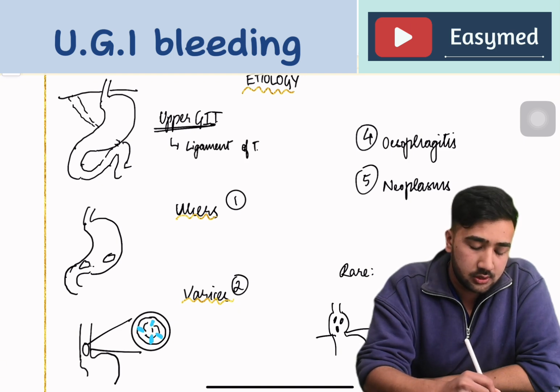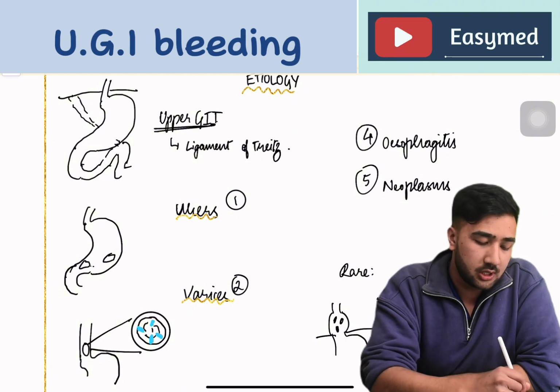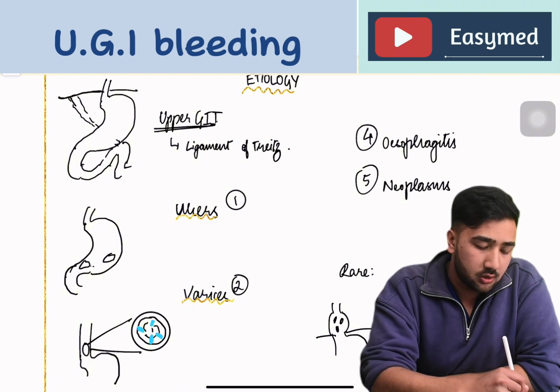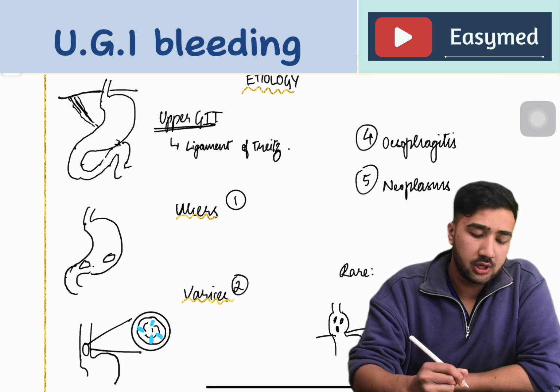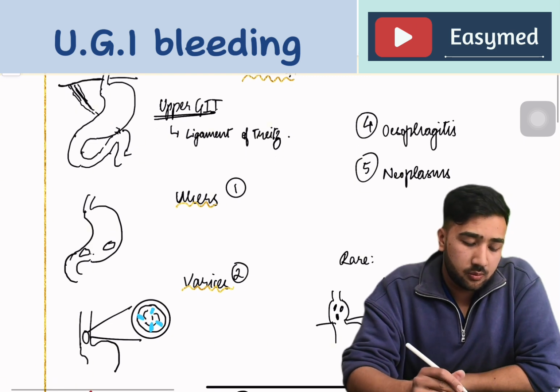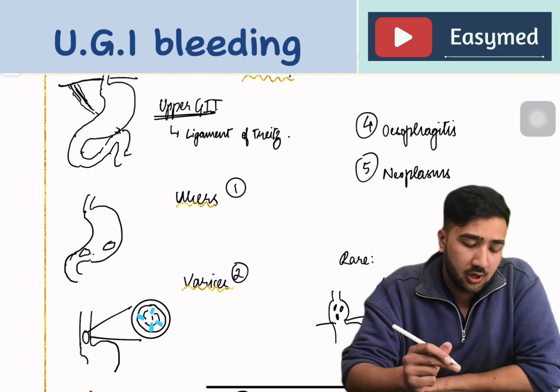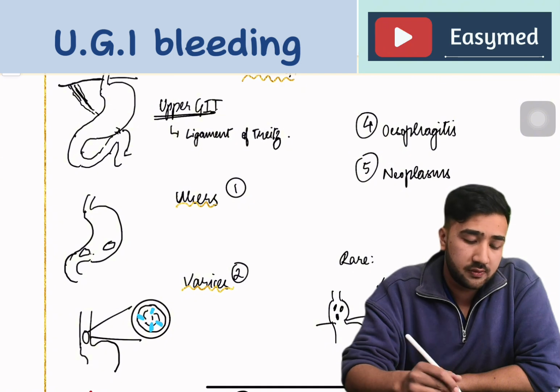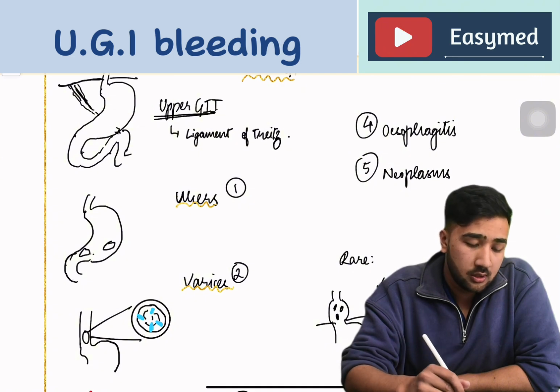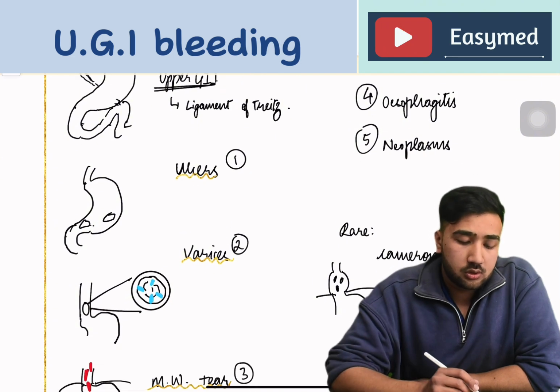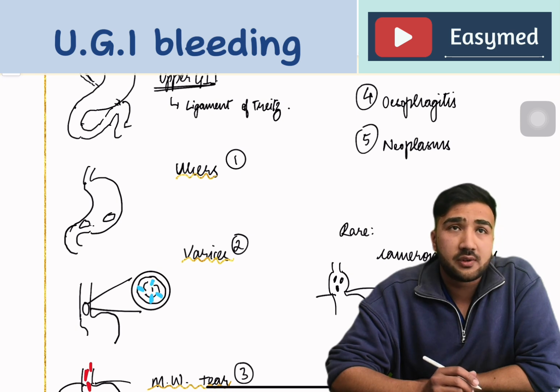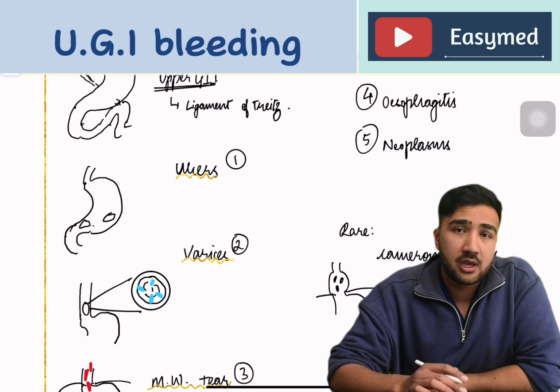Ligament of Treitz चाहिँ नि हाम्रो duodenojejunal flexure देखि हाम्रो right crus of the diaphragm लाई join गर्ने एउटा ligament हो. And bleeding which occurs from anywhere of the GIT proximal to that point is defined as upper gastrointestinal bleeding. Now, the etiology can be classified, to make it easier, according